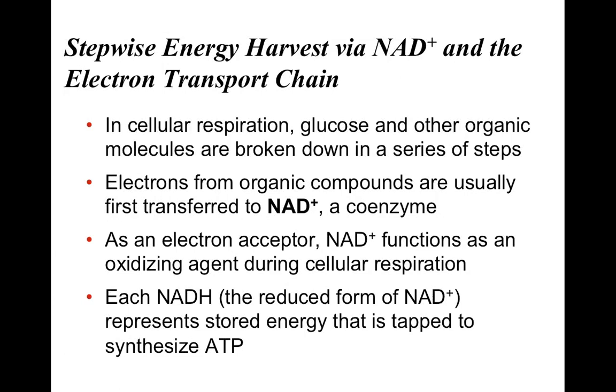So the way that we get ATP from glucose is by breaking the glucose down a little bit at a time and harvesting electrons from the glucose molecule. So what happens is we have glucose getting broken down and we transfer electrons to a coenzyme called NAD+. And I always like to say NAD+ is the electron bus. So it transfers electrons from those organic compounds, glucose and what's left of glucose after we start breaking it down,